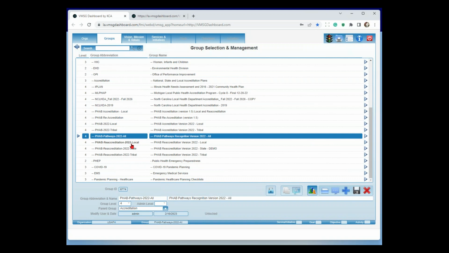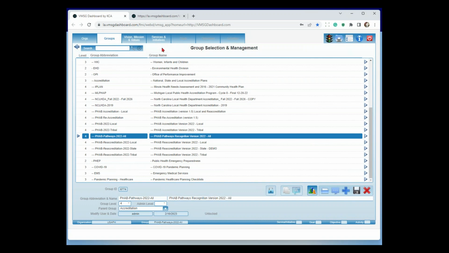So you've got the reaccreditation plans after you get through accreditation. For the pathways, there's not a reaccreditation. Your next step would be to move into the actual accreditation. But just to give you a reference point, the old 1.5 version had about 135 measures. They streamlined that down in the 2022 version of accreditation to about 85 measures. And then the pathways has about 35 of those 85 measures in there. So just to give you a reference point.